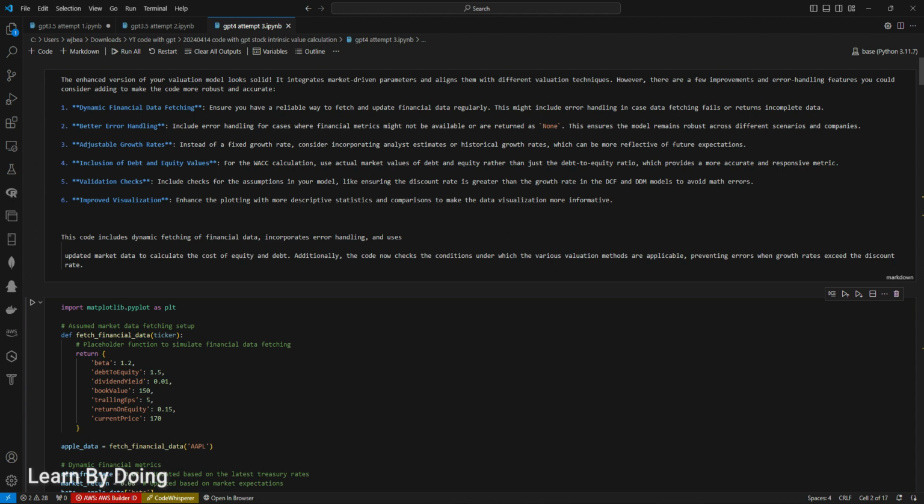One is to dynamically get the data, okay, get a valid API or get the financial data more accurately. And the validation checks are also very important because if you have a third-party valuation report of the stock, it's better to double check with the third party,